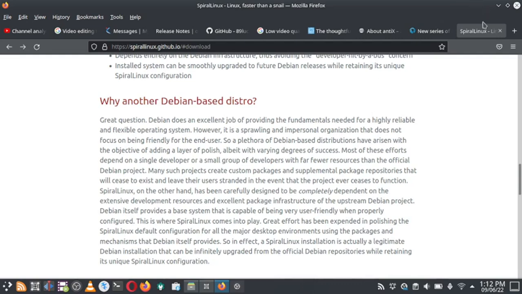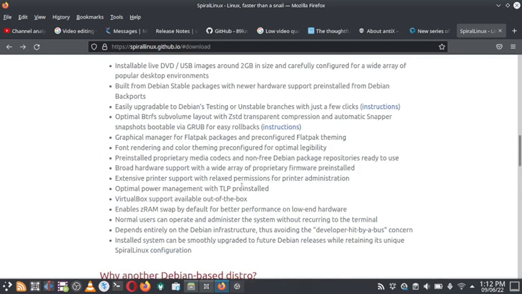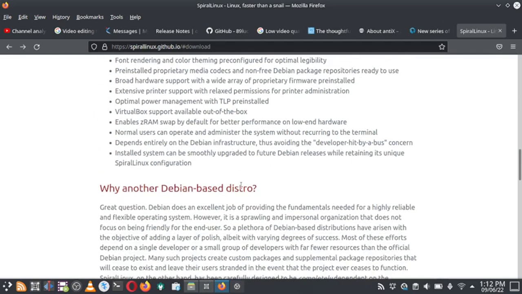So we have just covered the features of SpiralLinux and the differentiating factors of this Linux distro over other Linux distros based on